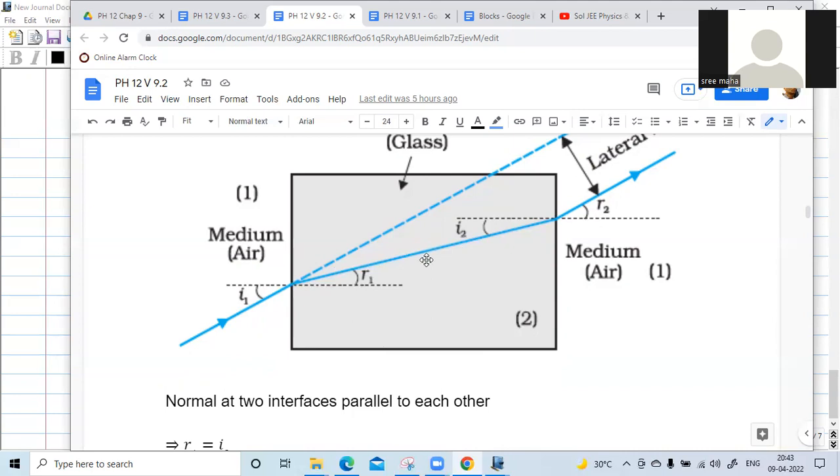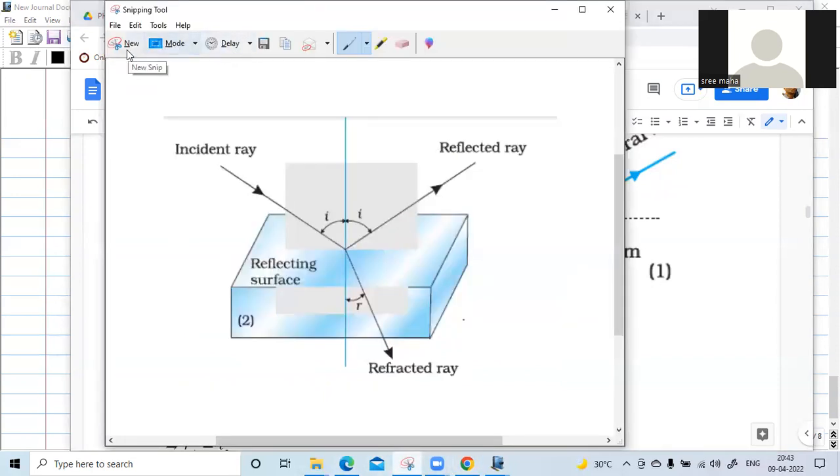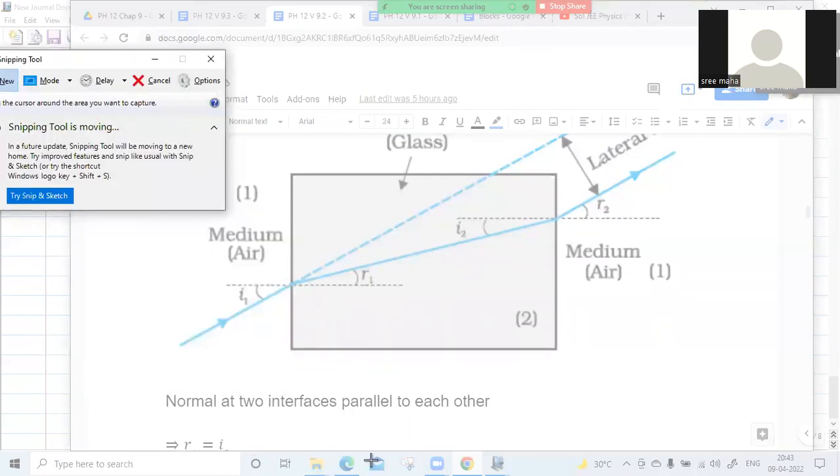BR1. No, triangle, right? Right angle triangle. Cos R1 is D by this length, right? So this is B by cos. Where is that D, sir? This is B from here to here. Okay. Okay, so this is B and this hypotenuse. So this is B by cos R1. I see. Looks like it's not there in this list. Okay. They might have deleted it, but it is there for NEET syllabus, sir. Not for CBSE, but